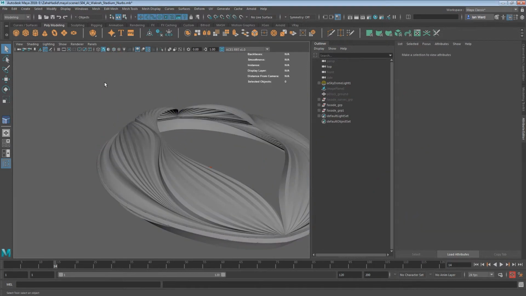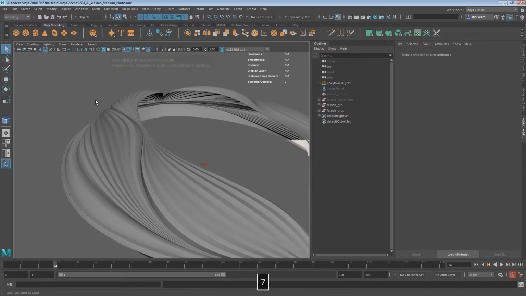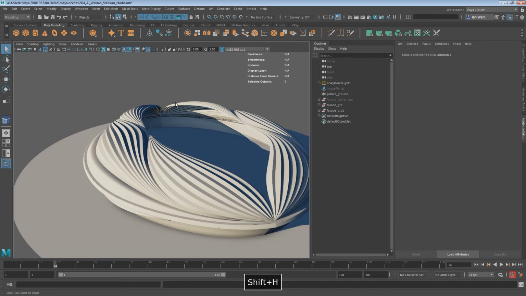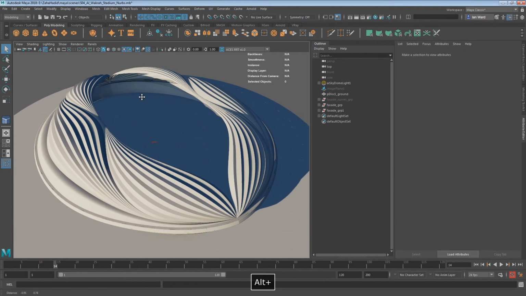Turn off our wireframe. Turn on 7. We'll get light again. And we'll turn our ground on. And that takes us through how to